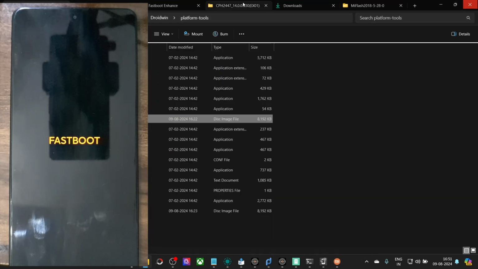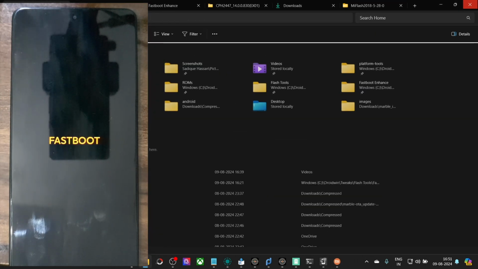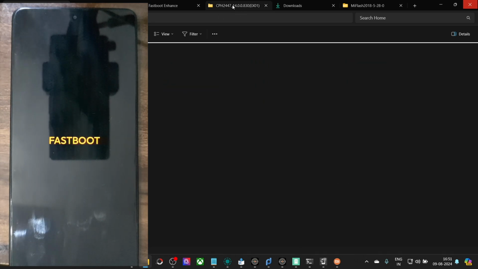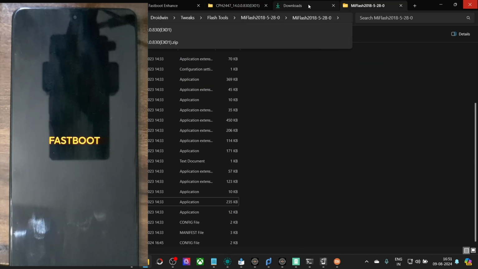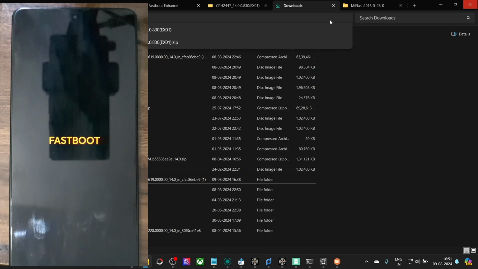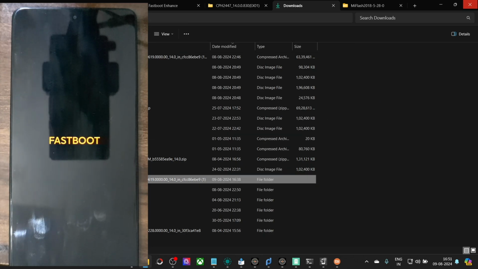The issue is with the name of the ROM file. There is a space in the name of the ROM file, and that is why you are facing this issue. For example, the ROM which I am trying to flash is this one, and right at the end you could see there is a space, and after that we have a 1 in the bracket. So you have to just remove the space from all these. Anywhere if you see a space, simply remove the space from there and your task stands complete.